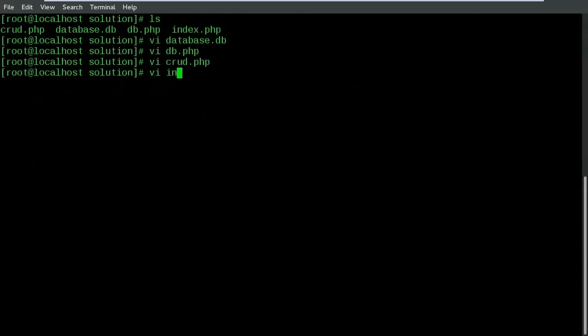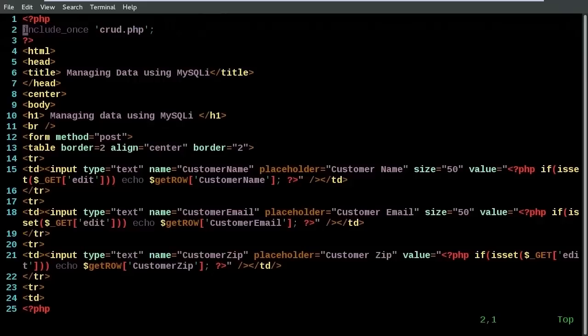Now let's look at index.php, which is the front end. First of all I am including crud.php over here. Next I have defined the HTML tags for HTML, head, title. I am centering the text in the body, putting a heading of managing data using MySQLi. Next the table starts, which has got the form. In the form I have got first input type text, name customer name, and placeholder customer name with size 50,